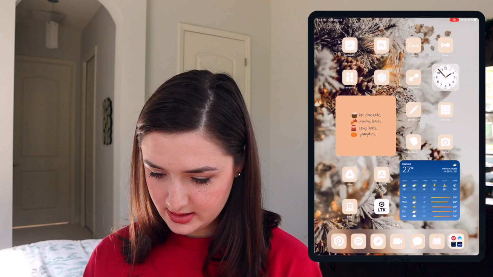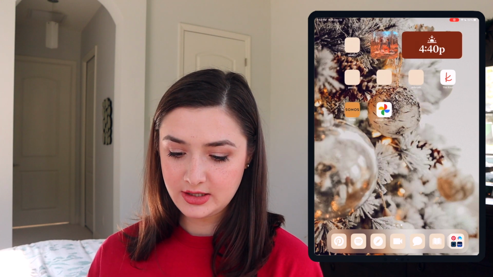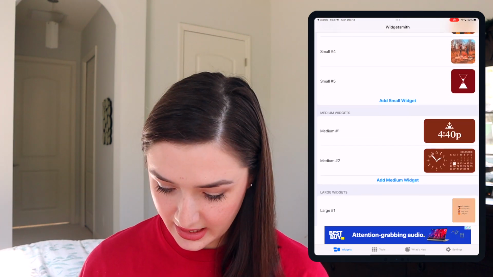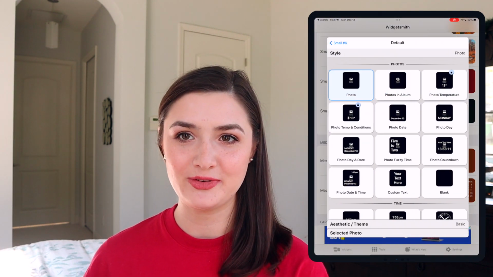So that's done. And now, same thing, I need to change the widgets as well. So just gotta go to Widgetsmith and add widgets using some fun Christmas photos from Pinterest.